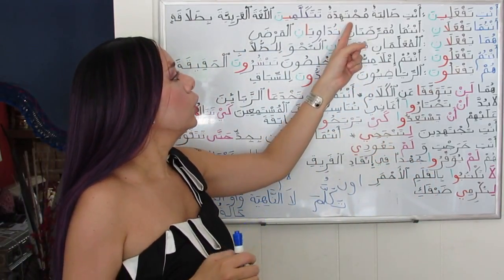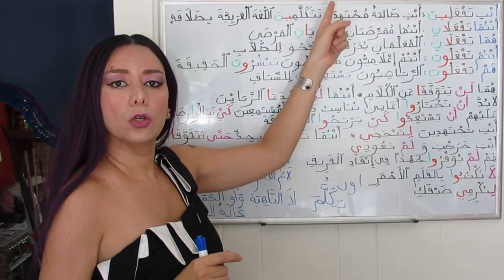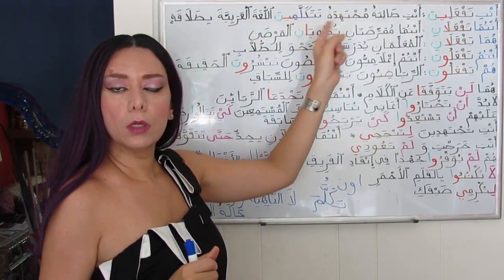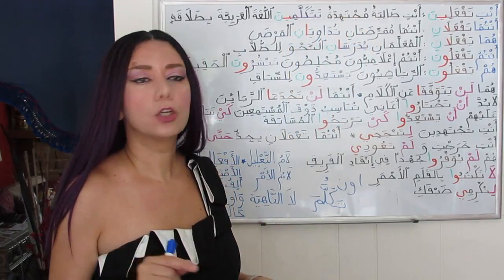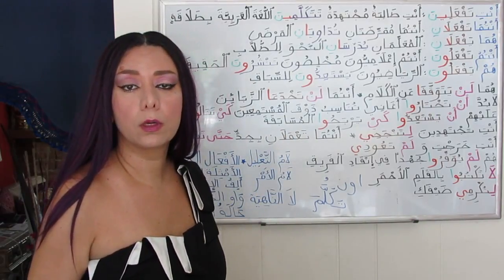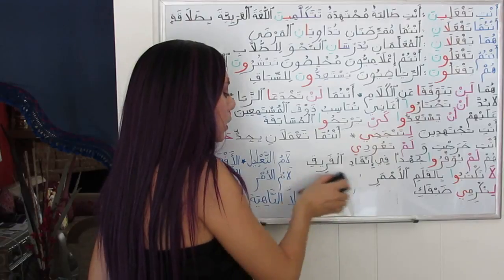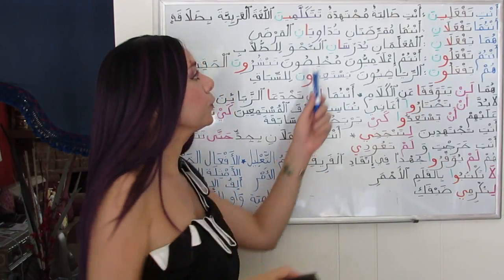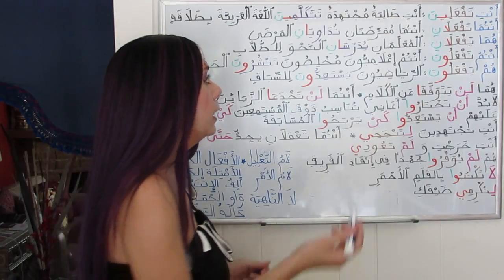So if the noun preceding its descriptive clause is indefinite, you would not use any relative pronoun. To use the relative pronoun, we have to make this noun definite. So I would say أنت